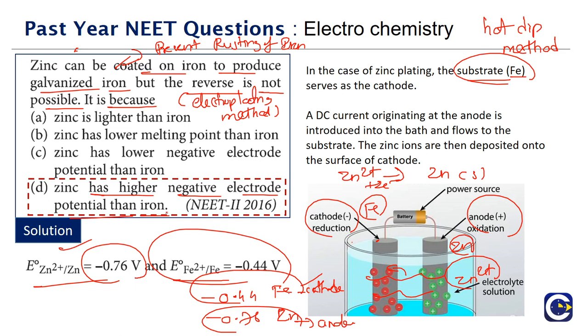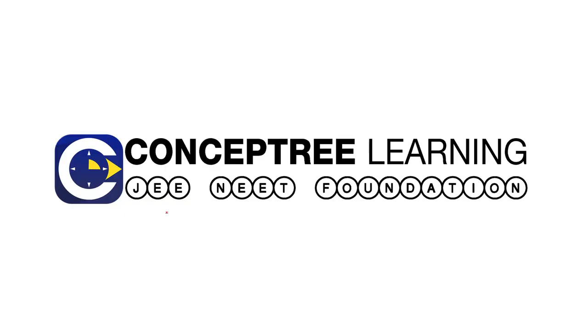Not only in the case of zinc electroplating of iron, even for the electroplating of precious metals like gold on some surfaces, because they will form a very thin layer. So the correct answer for this is option D. So this is about the part 1 video, and we'll see in the part 2.